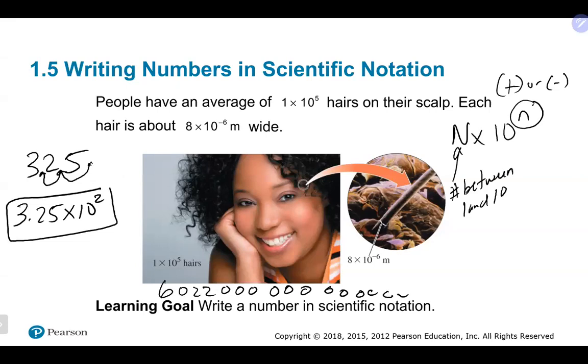Positive because it's a large number. So anything that's sort of a large number or over 1 will have a positive exponent, or you move the decimal place to the left. If I had something like